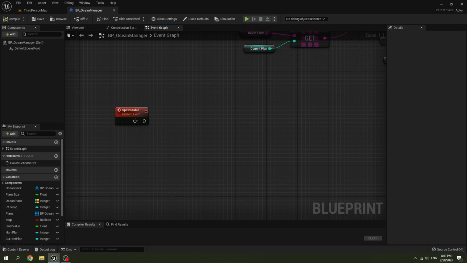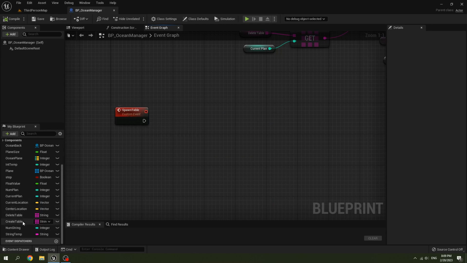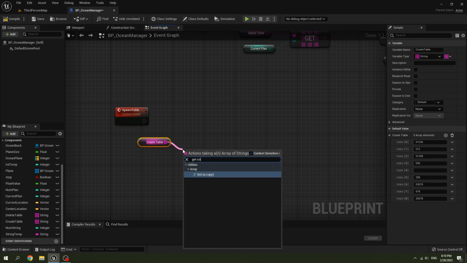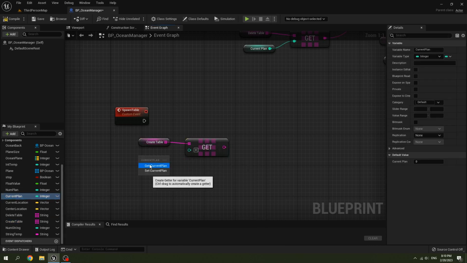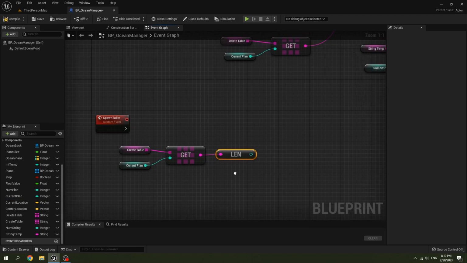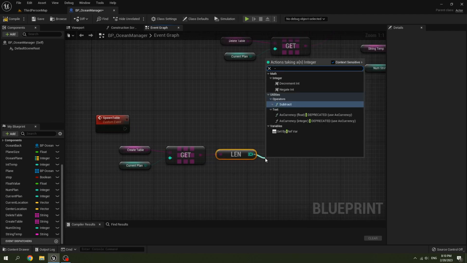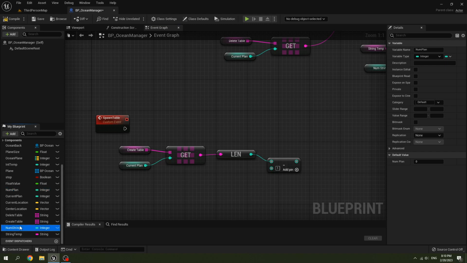For the spawn table custom event, get create table array, get a copy, then get current plan, get the length of the string, minus it by 1, then set name string.